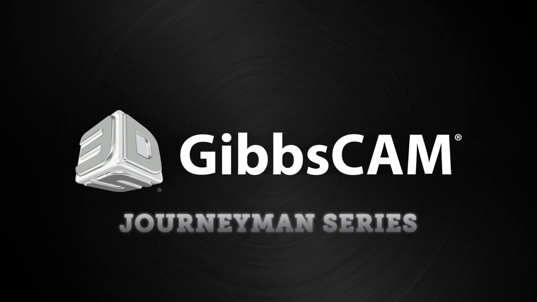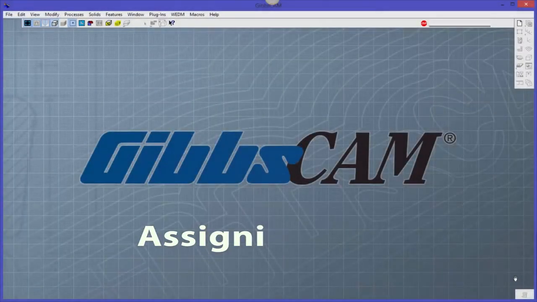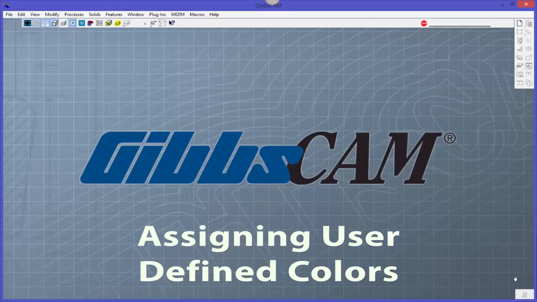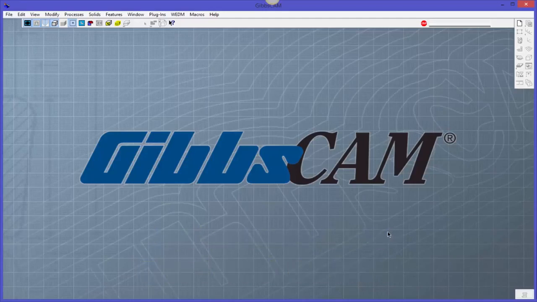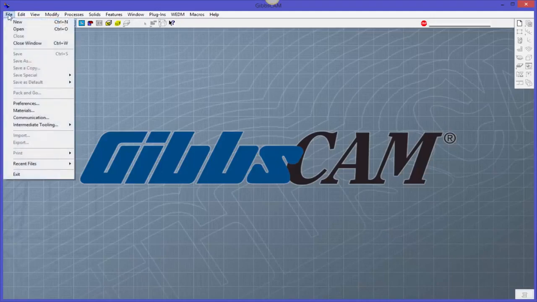Today I wanted to talk about how you can modify colors of your models inside of GibbsCAM. You've got a few options available to you that a lot of people may not really realize or know about. First thing I want to talk about is the CAD color, importing the colors that are made from a CAD